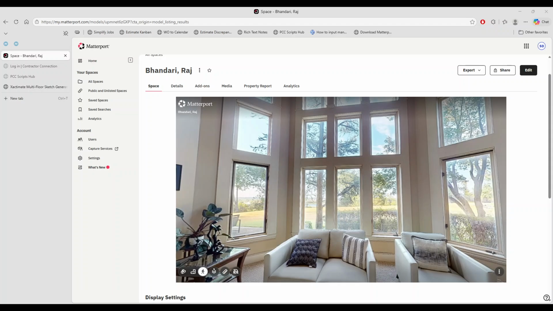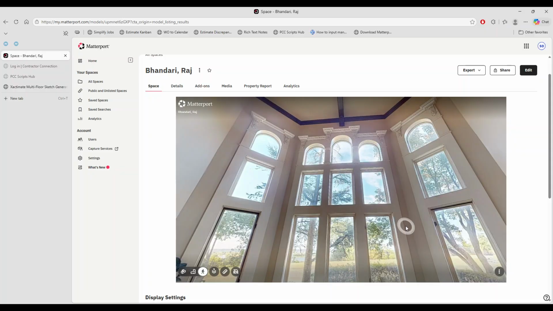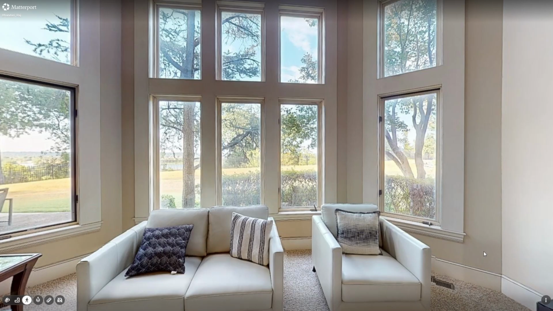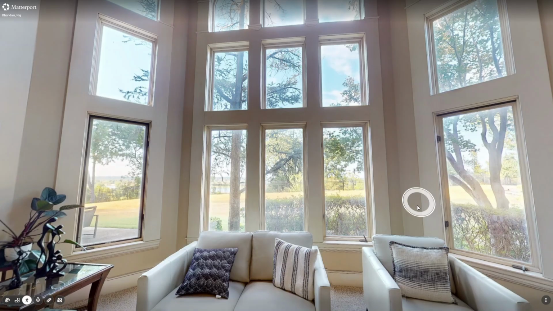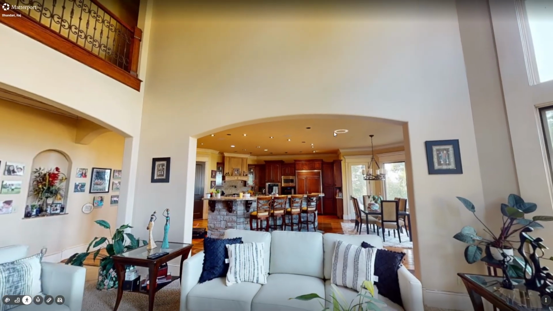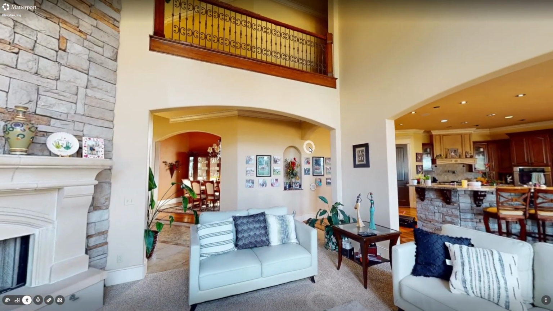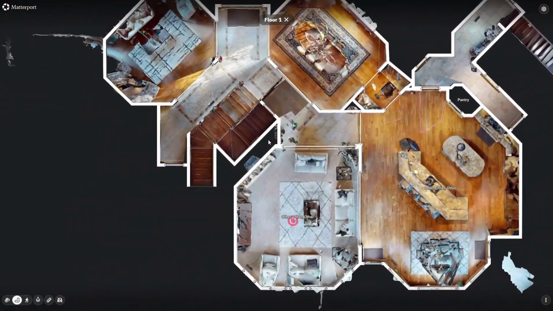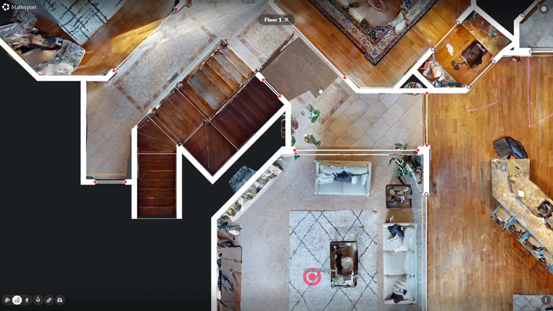Okay, so I wanted to go over the tool I've developed. This is a Matterport plan that I want to get into Xactimate. I've already pre-edited it in Matterport, which means making sure the walls are correct, making sure door types are correct, and